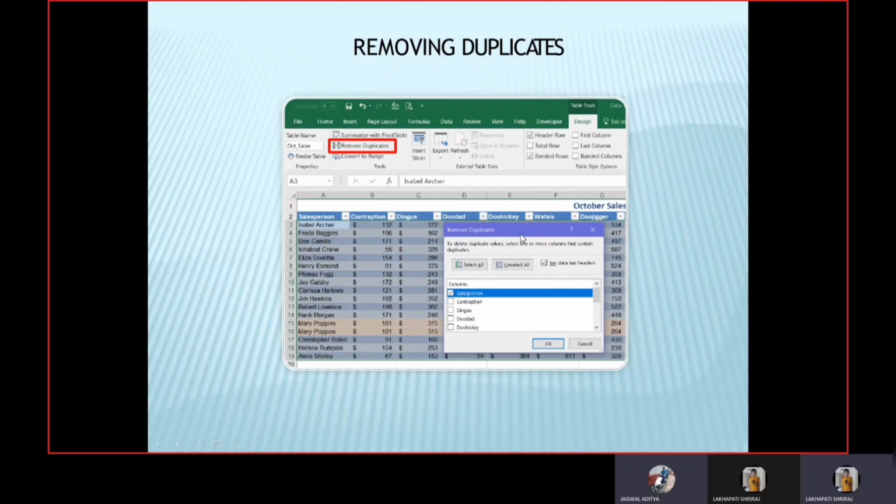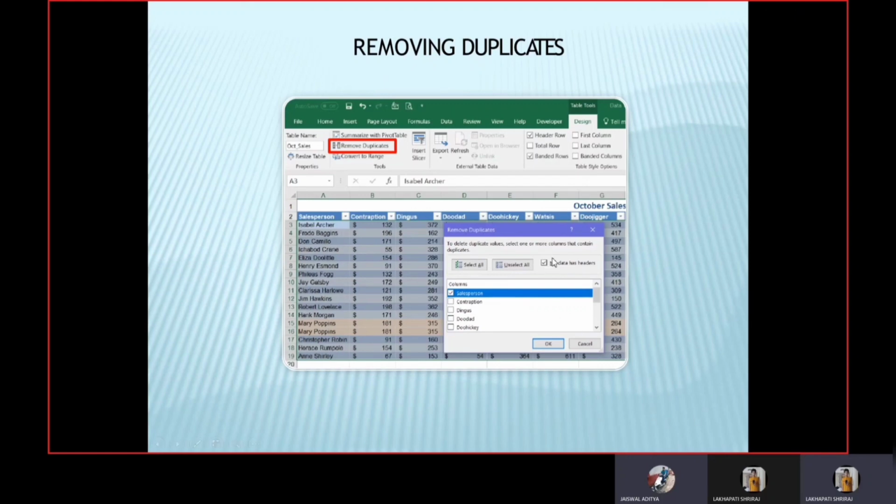This Remove Duplicates box method is customizable. You can either select all the columns just by clicking Select All, or if you want to specify only some of the columns, click on My Data Has Headers, and then options will come below.